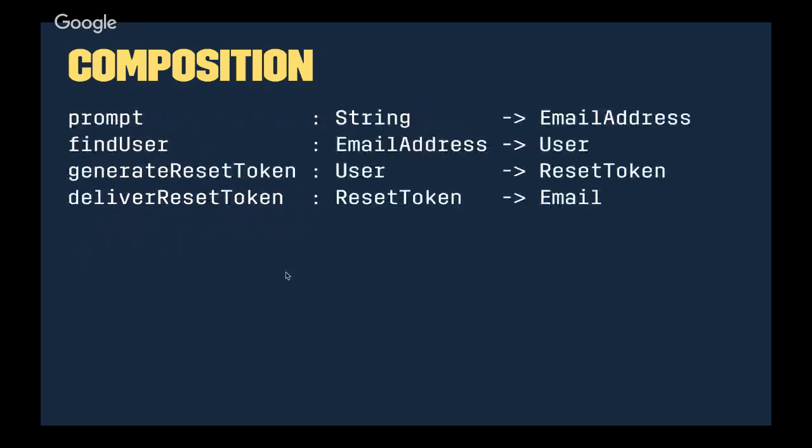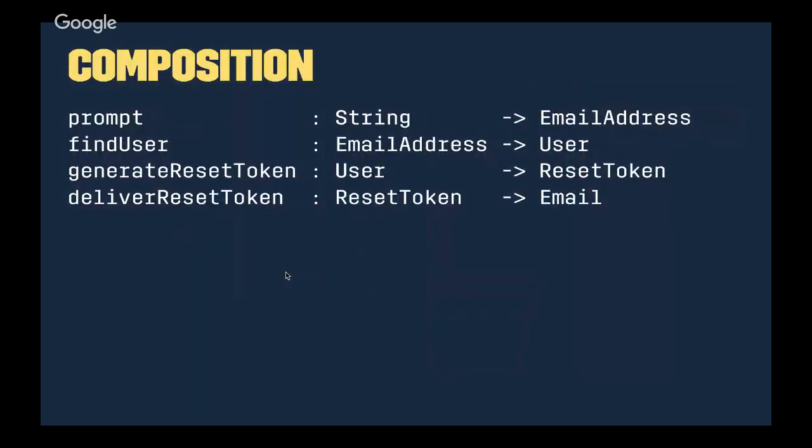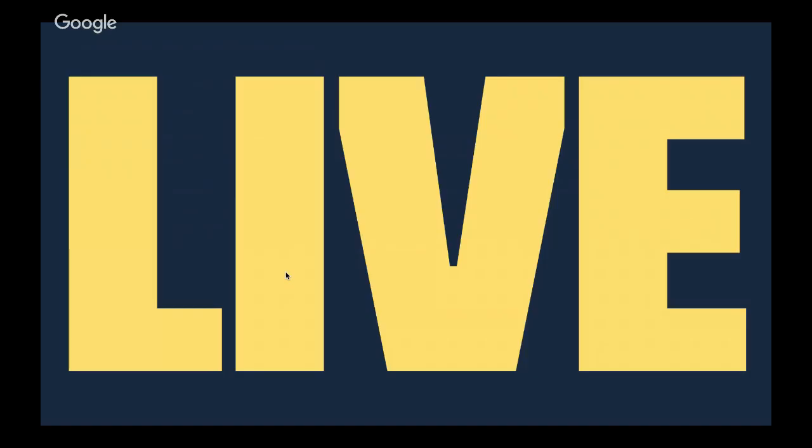In writing this, I'm picturing the prompt as a function that takes a string to prompt the user for and gives me back an email address. I can take that and get a user, take that and generate a reset token, and take that token and send an email. But the problem is, in the real world, things can go wrong constantly, and we really do have to worry about that. So in the real world, they're not so nice. We want some strategy for pushing them together and making them work in a pipeline anyway, even though they don't compose so nicely. So that's what we're going to do. Any questions about it?